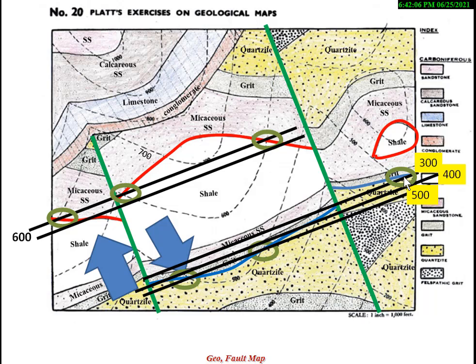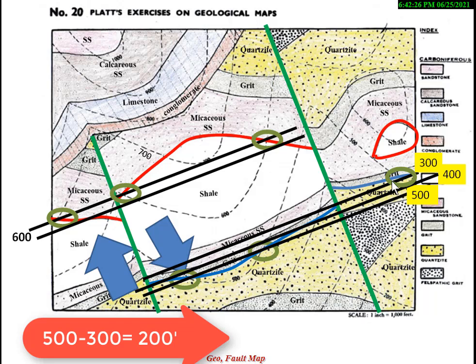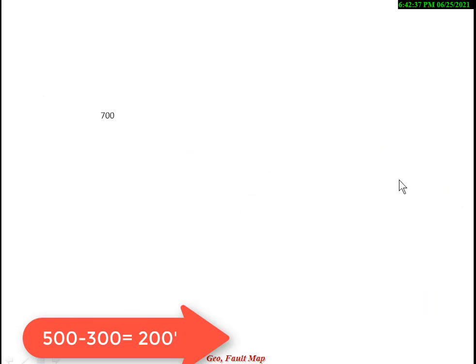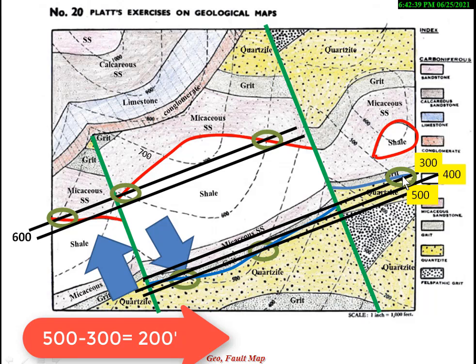You see, this 300 touches here, 500. It should be 300. This straight line should be 300 according to this method. Increase towards the northern side: 500, 400, 300. So this line should touch 300. This line should be 300, but you see here the value is 500, because this dotted line touches 500. So the difference is 200. The difference is 200. So the throw is 200.